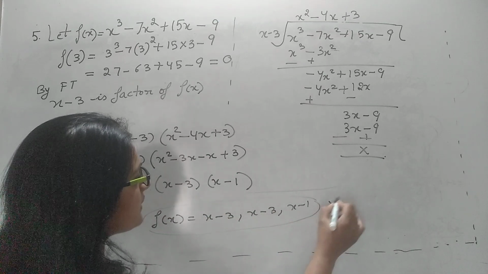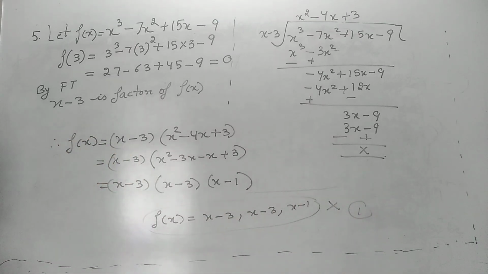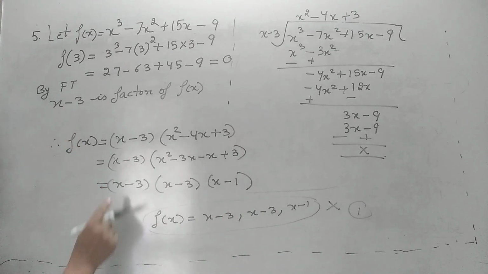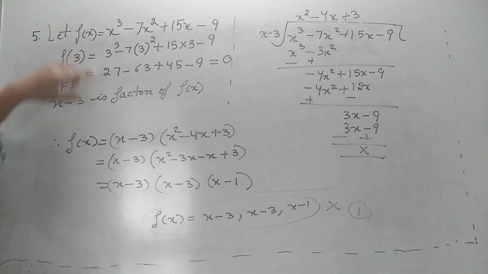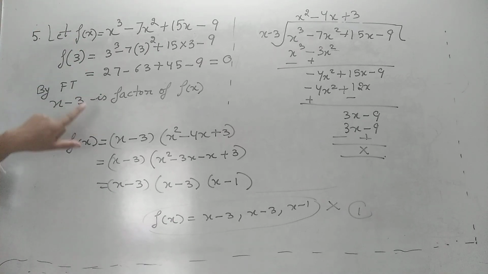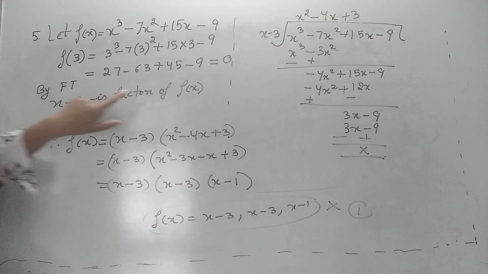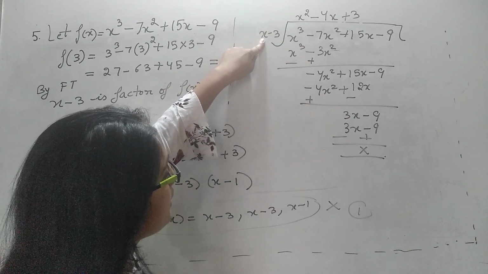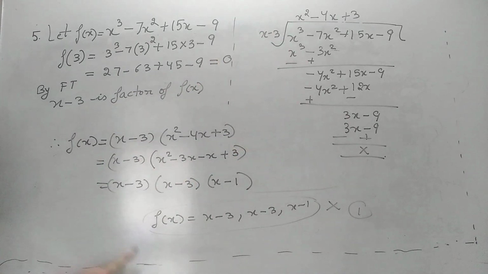If you write this way, exactly 1 mark will be cut. Because in the question, we don't have to find the factors. The question is, we have to factorize. The final answer should be in the product form. Please remember this. So what we have done, the first step is to check whether x minus 3 is a factor or not. If f(3) is 0, that means it is a factor. How do we factorize? We know one factor, divide the polynomial with the factor and then factorize it. Dividend is what? Divisor into quotient.